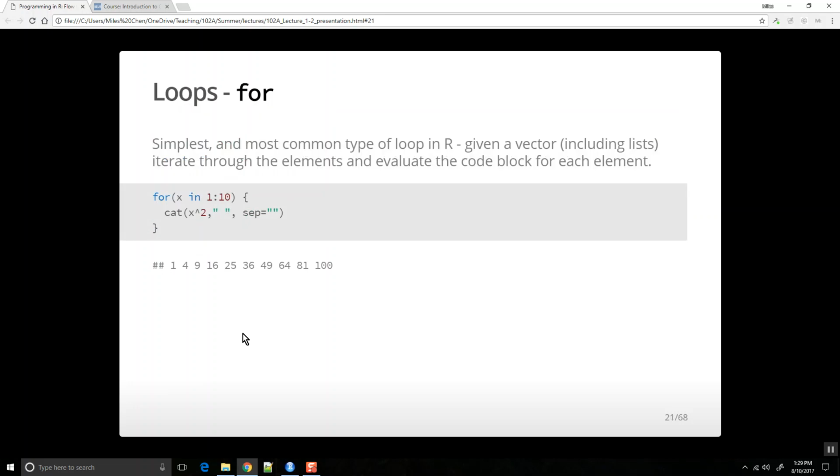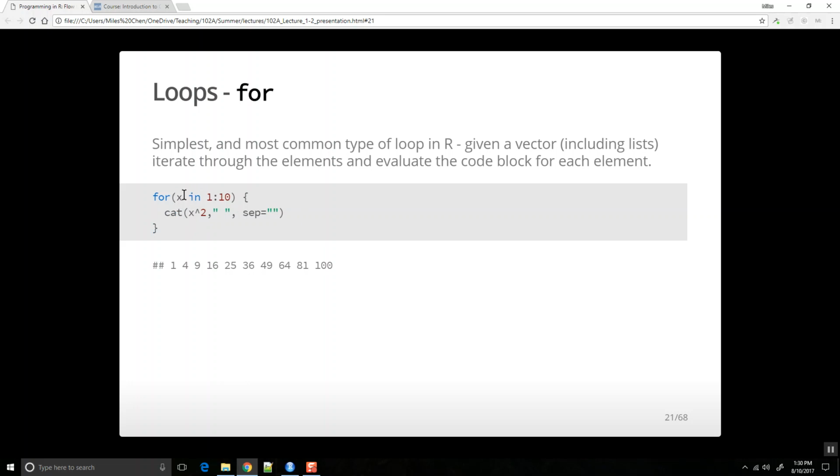Okay. We can talk about loops, all right? With loops, the simplest type is the for loop, okay? And you give it a vector, and you say for each element in the vector, okay? Our most common vector that we give it is going to be the integers, right? So oftentimes we just say 1 through 10, okay? And these integers are often associated with indices or something like that, okay? So we say, you know, for x in 1 through 10, and what this is going to do is it's going to run this code right here,